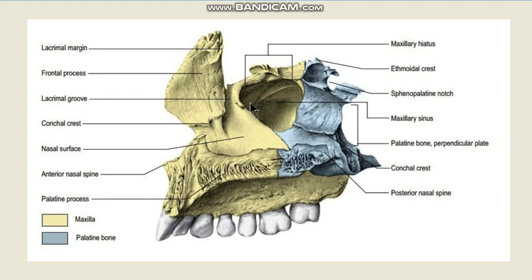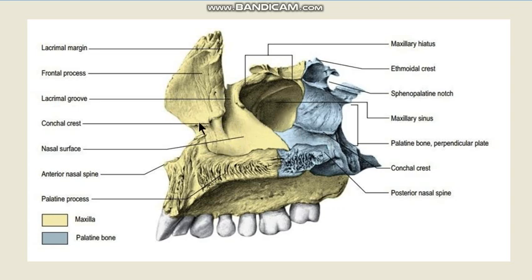Now if we want to know how this maxillary hiatus is closed up in real life, we have to fit several bones over here. First of all, we have said here we have the articulation of the lacrimal bone, and here we have the ethmoid bone. So here taking up a major part and blocking this opening is the labyrinth of the ethmoid. And from the labyrinth of the ethmoid you have a hook-like uncinate process coming down and further blocking this opening. So labyrinth of the ethmoid with uncinate process.